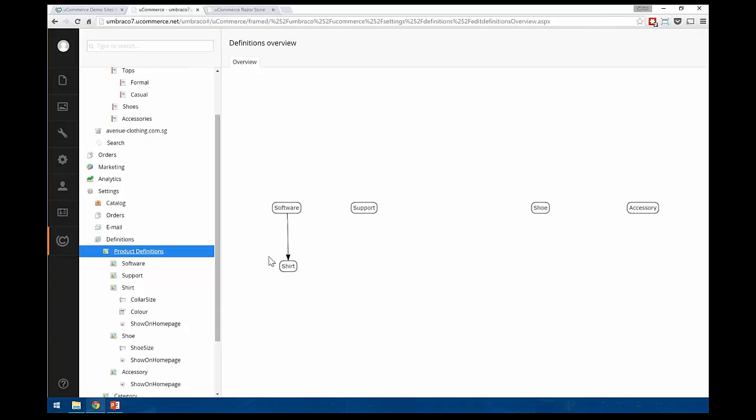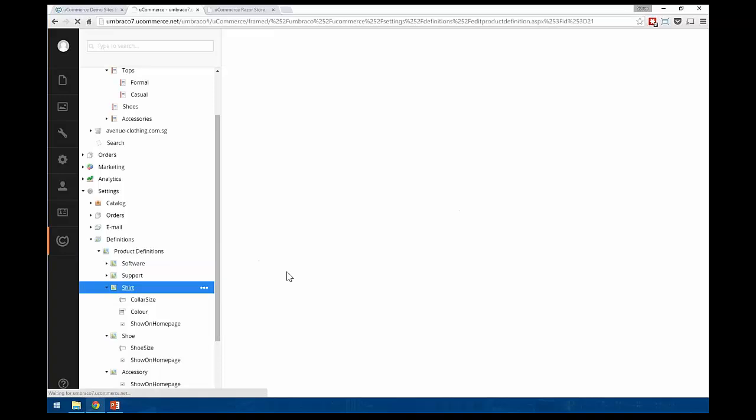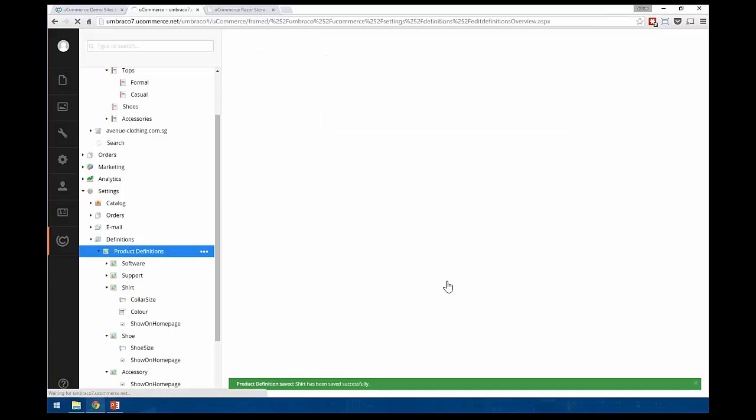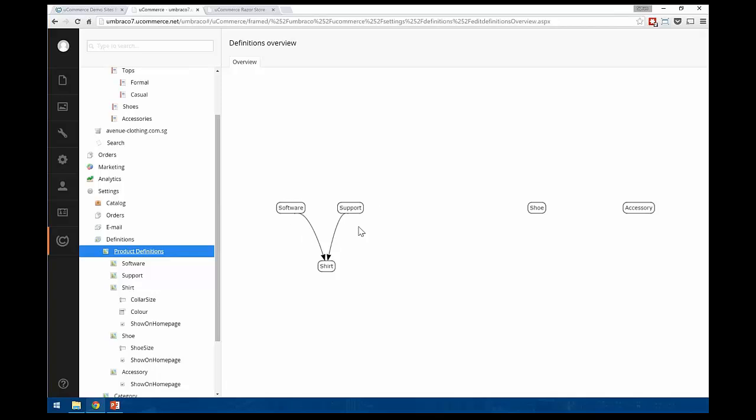You can imagine with lots of definitions in here, this becomes very handy to get an overview of how everything goes together, because it can be a little cumbersome to look at it over here. But the idea is to simplify product information management in here by enabling inheritance. You can also inherit traits from multiple different types of definitions. So we could say, well, maybe this should share traits from both software and support. And when I go back to my definitions, you'll see that now the shirt product is receiving fields from both software and support, all mushed up in one big definition. Okay?